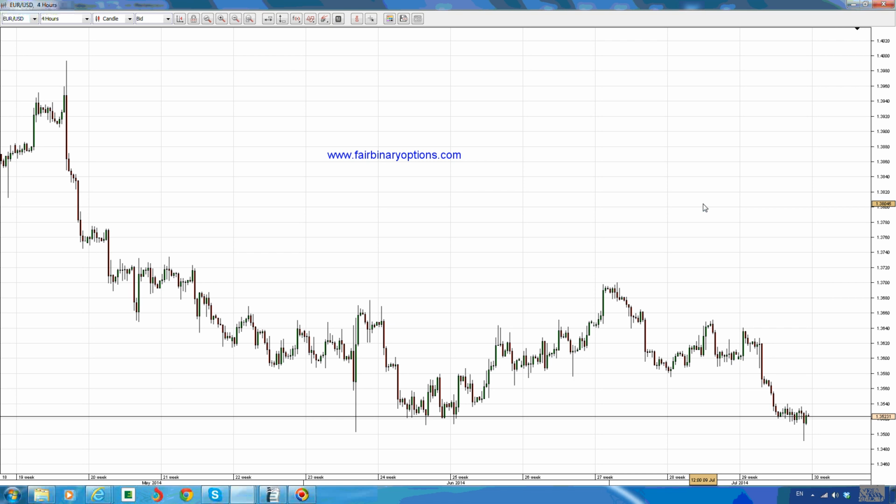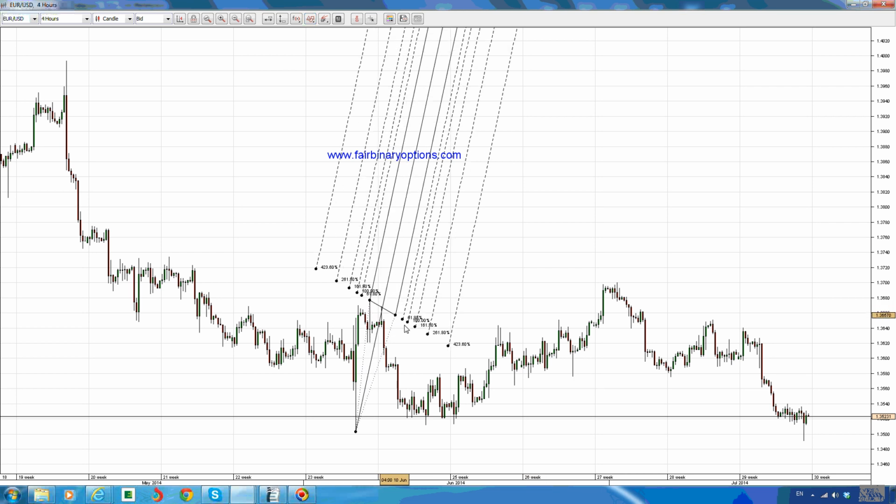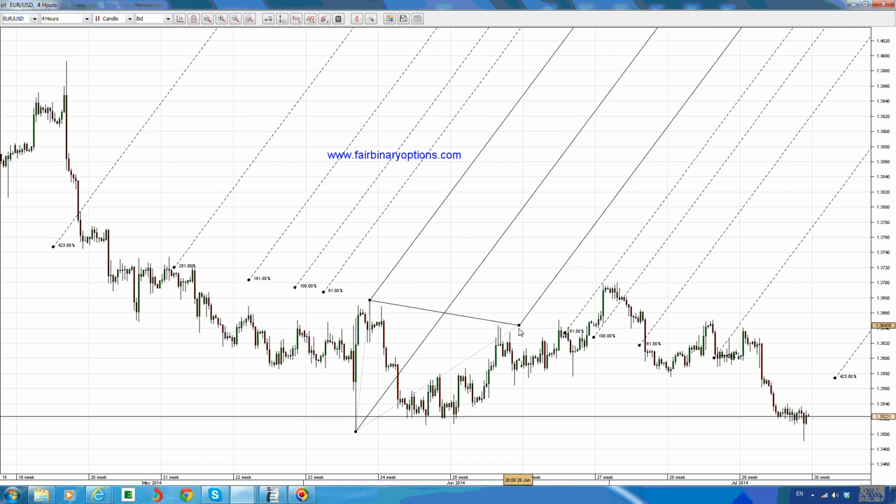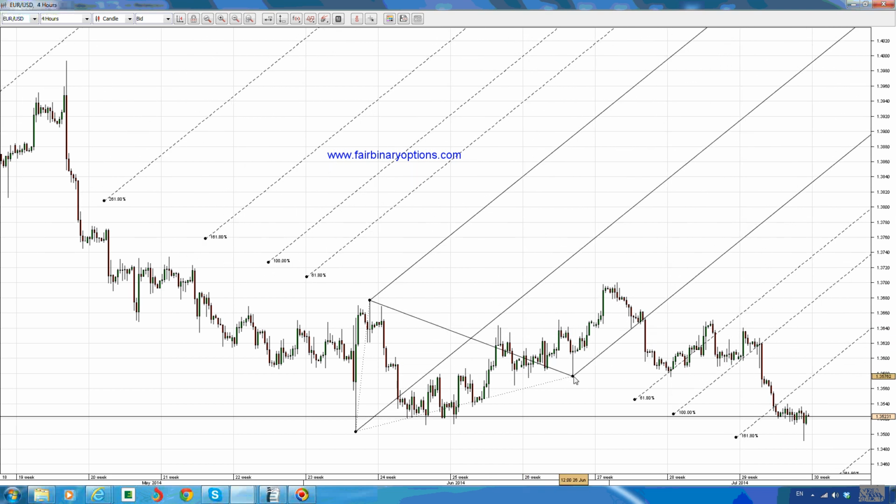Again, the higher the time frames, the stronger the support. The lower the time frames, the weaker the support or resistance. One of the strongest tools to find dynamic support and resistance areas is the pitchfork. I don't know if you are familiar with the pitchfork, but pitchforks are to be found on any trading platform, from the MetaTrader to JForex. This is the JForex, for example, and this is a classical pitchfork